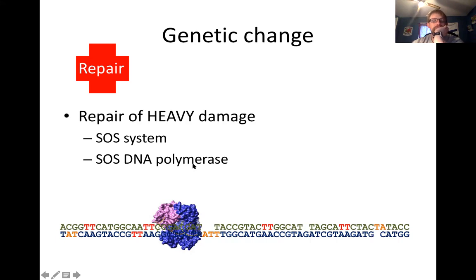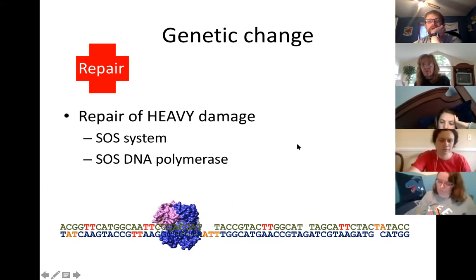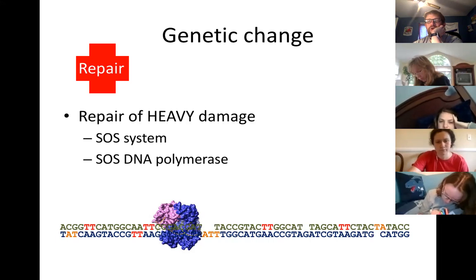And so why would this be bad in us? What would happen to us if we had the ability to have SOS DNA polymerase and SOS repair? What are some of the negative consequences that we might experience? Don't overthink it. What's one of the first things that comes to the top of your head? Cancer. Cancer, right? There'd be a lot of mutations, and a lot of mutations in your cells are not good, and mutations are what cause cancer. Those are normal cells misbehaving, and this would just increase the likelihood that those cells would continue to misbehave.